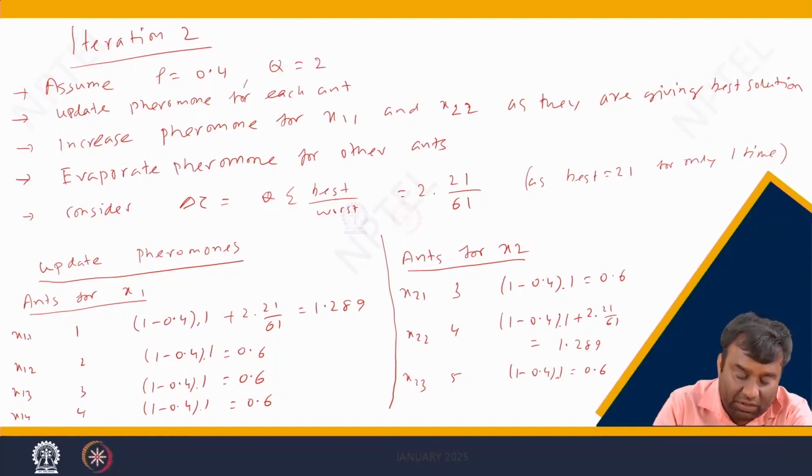So for x1, x11, the pheromone is 1 minus 0.4, initially it is 1, so 1 minus 0.4 into 1, plus this delta tau ij, so 2 into 21 by 61. You will get